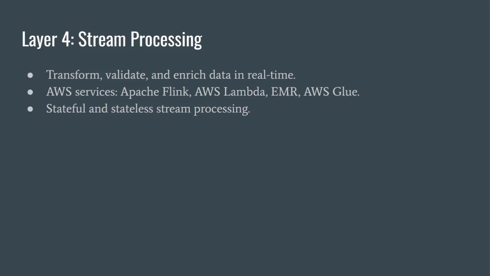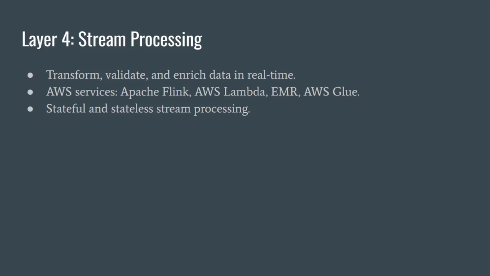Firstly, it offers Amazon Managed Service for Apache Flink for advanced stream processing, allowing for stateful, fault-tolerant, and exactly once processing. This is perfect for use cases where you need complex event processing and enrichment. Secondly, it offers AWS Lambda, which is great for event-driven, stateless processing. If you need to enrich or filter data in real time, Lambda can trigger based on new data entering your